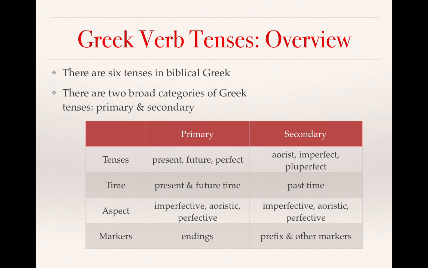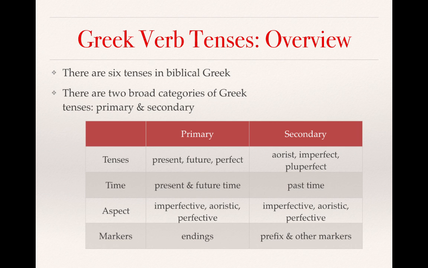and that these can be basically broken up into 2 broad categories, primary and secondary. And so you can see, first of all, that primary tenses refer to the present, future, and perfect tense, and that these types of verbs happen either in the present or in the future time, and that they may employ all 3 of the aspects, imperfective, aoristic, perfective, and that the markers of the primary verb tenses are primarily shown